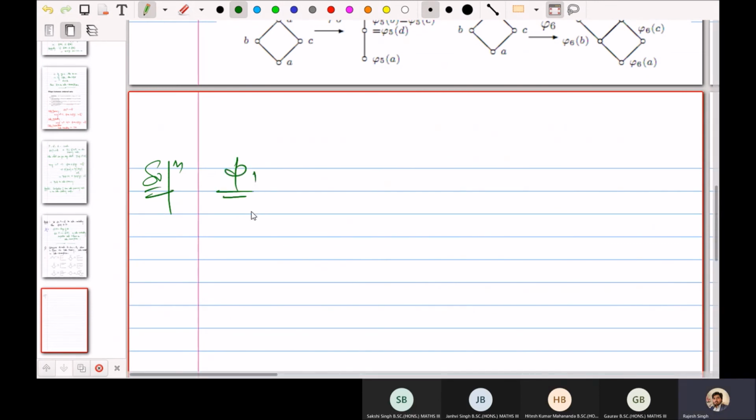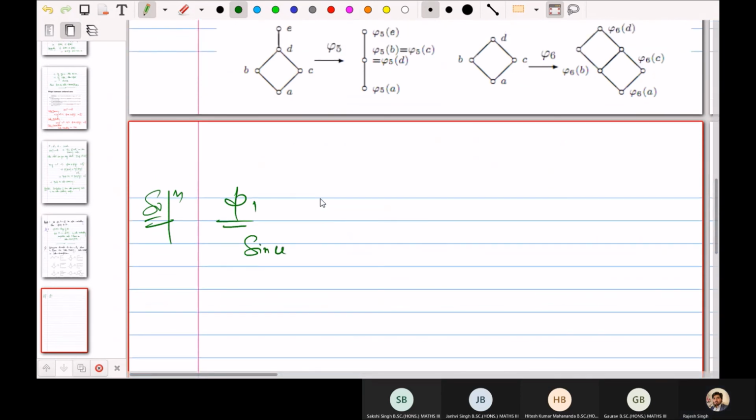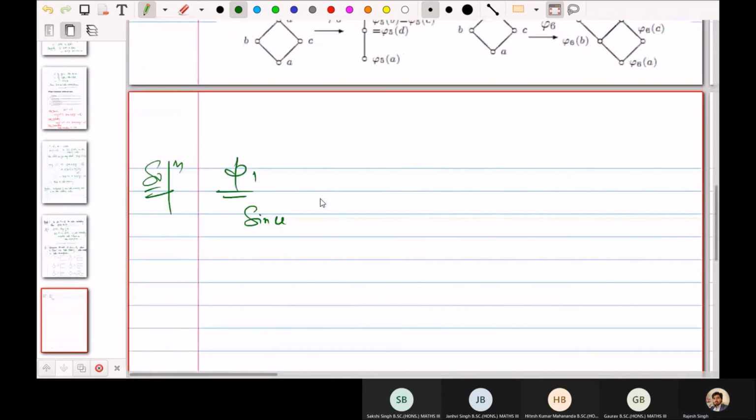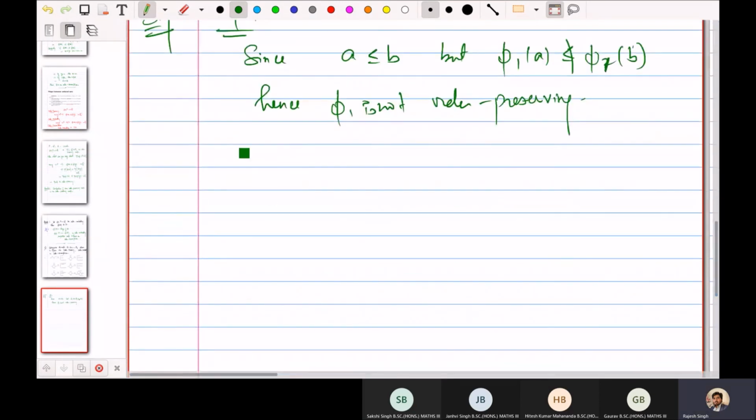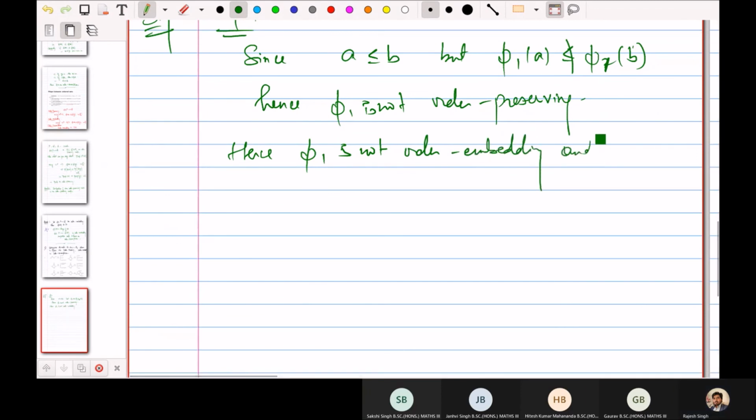So since A is related to B, but phi 1A is not related to phi 2B or phi 1B, hence phi 1 is not order preserving, and hence phi 1 is not order embedding and order